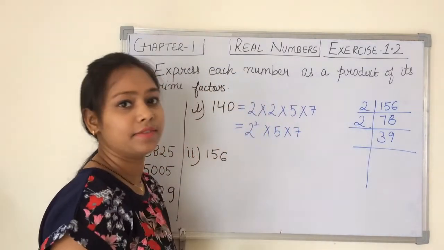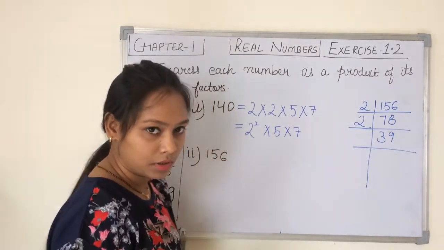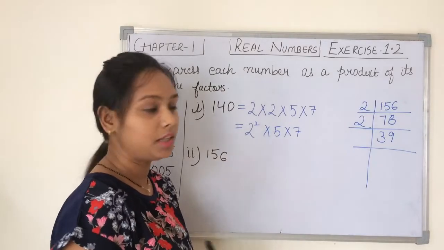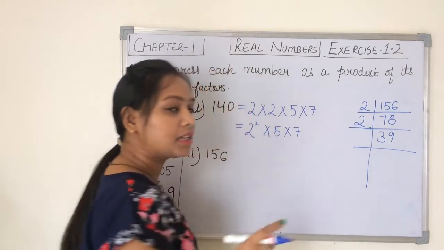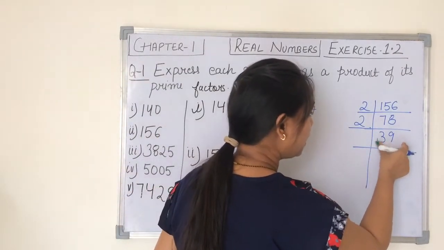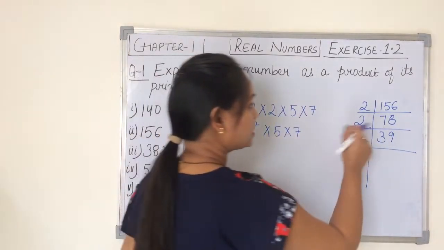For checking its divisibility by 3, we will add the digits of the number. If the sum of the digits of the number is divisible by 3, the number gets divided by 3. हम किसी भी नंबर की 3 से डिविजिबिलिटी चेक करने के लिए उस नंबर की डिजिट्स को ऐड करते हैं. अगर उसका सम 3 से डिविजिबल आता है तो वो पूरा नंबर 3 से डिवाइड हो जाता है.